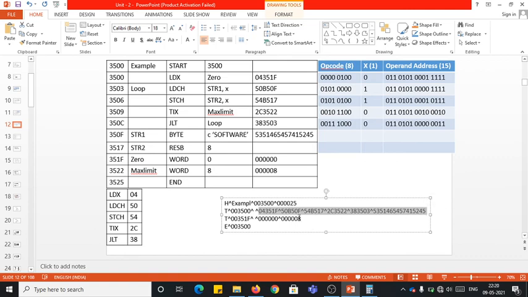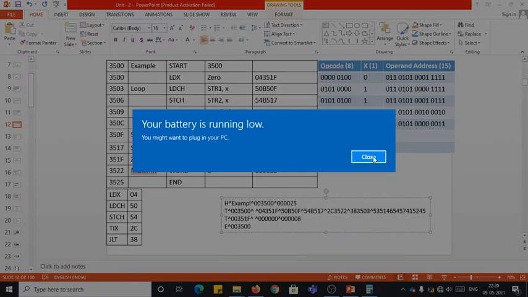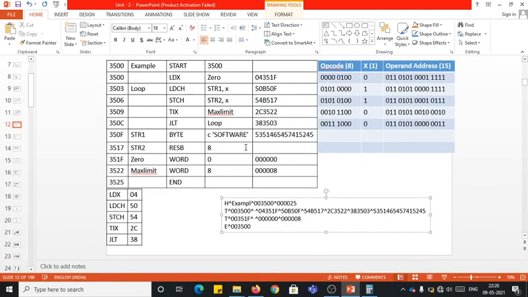So these could also fit into this one as far as length is concerned. But here, as we have the reserve byte instruction, we should not continue here. You are supposed to have a separate text record like this.